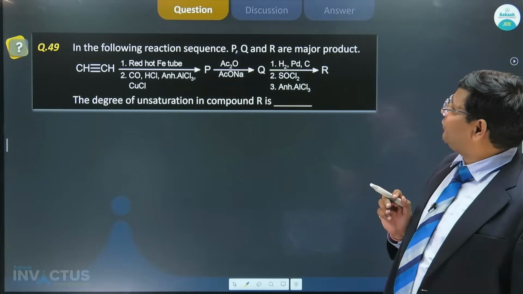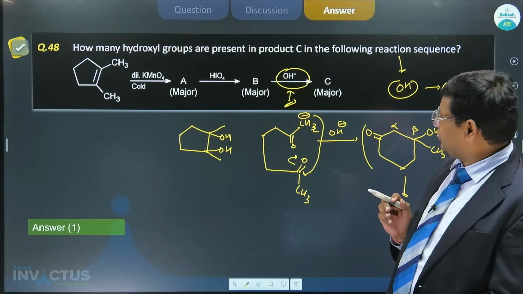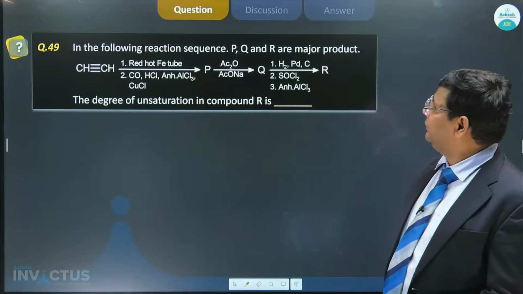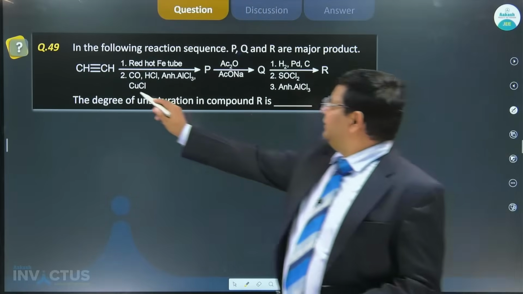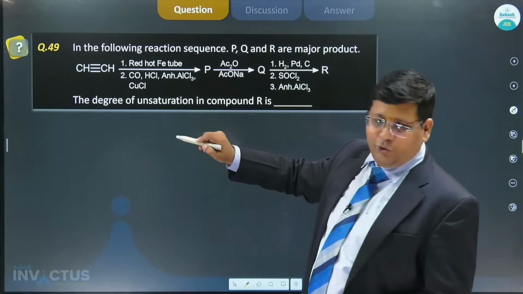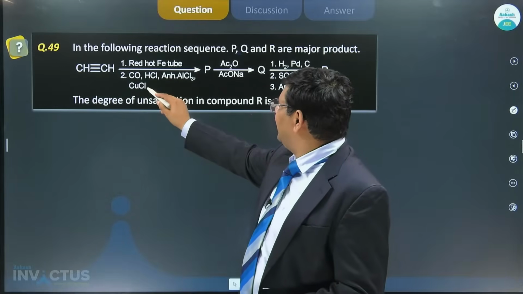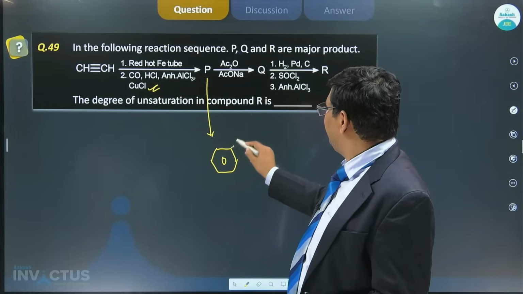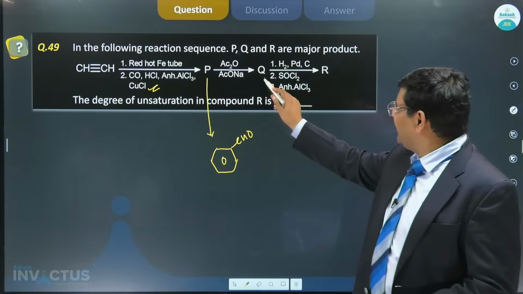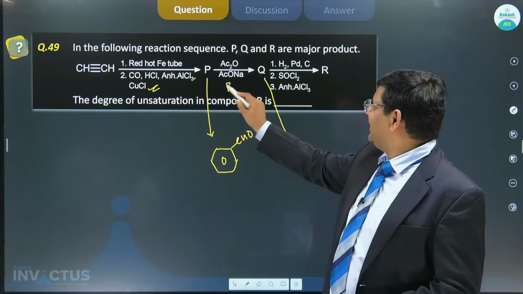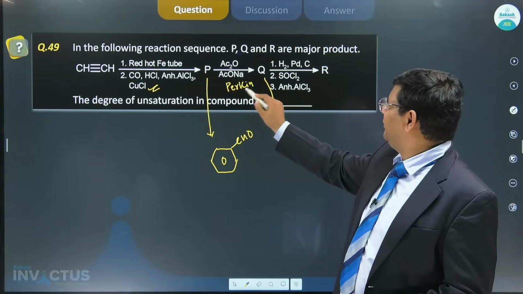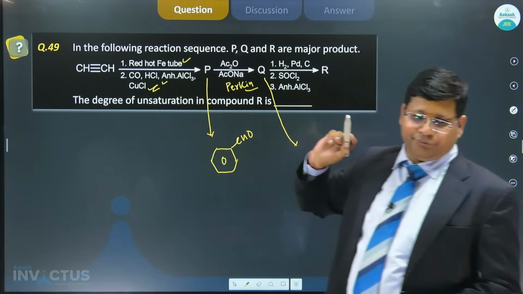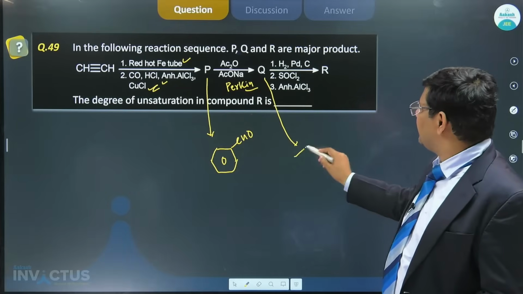And next one is, तो let's check the answer of this question, I think ओके 1 तो यहाँ पे दिया ही था, ठीक है, करेक्टली सॉल्व किया। तो 49 देखो, एसिटिलीन में रेड हॉट आयरन ट्यूब डालेंगे तो बेंजीन फॉर्म होगा, then Gatterman-Koch reaction, तो इससे तो मुझे पता चल गया कि you will get benzaldehyde then, ठीक है बच्चों। अब बेंजल एल्डिहाइड में Perkin reaction, तो this is Perkin, यहां से सबको परकिन याद आ गया होगा, देखो तो यहां पे था बेंजीन फॉर्मेशन followed by Gatterman-Koch, ठीक है, and then Perkin condensation के बाद